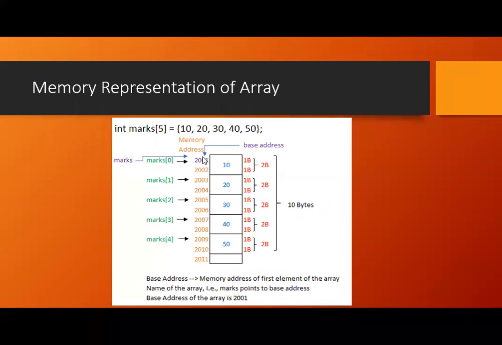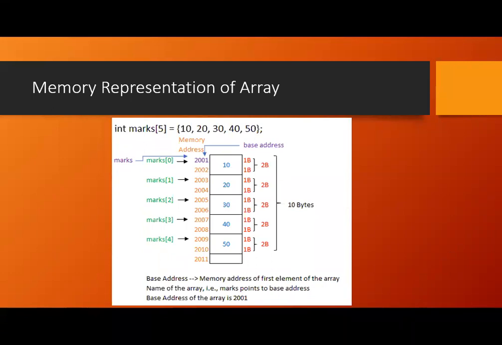Okay, now to summarize these points clearly, what you know so far is that when we declare the array, there will be a name for that, which we call the name of the array. In this example, it is marks. And this particular marks array is declared to have 5 values, so we have the 5 elements stored over there, right? Now, 2001 to 2002 is allocated for the first element. 2003 to 2004 is allocated for the second element, that is 20. Like that, for all the 5 elements, memory is allocated. Total 10 bytes of memory, right?